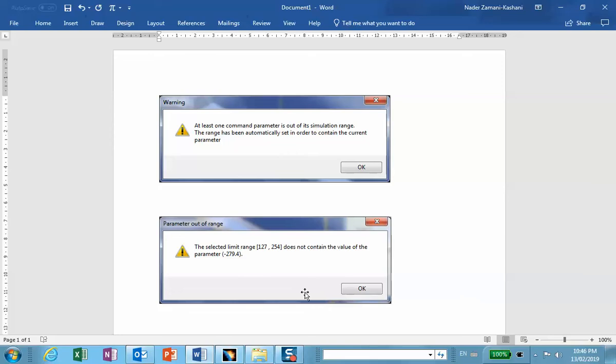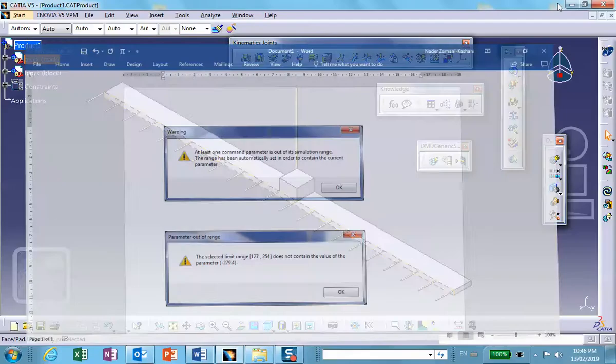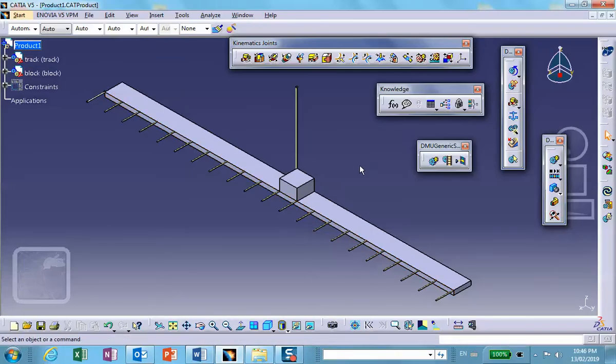So I'm trying to reproduce these two dialog boxes, a warning and one which is basically an error message, and tell you where it's coming from. All right. In order to do that, I have looked at the following mechanism,